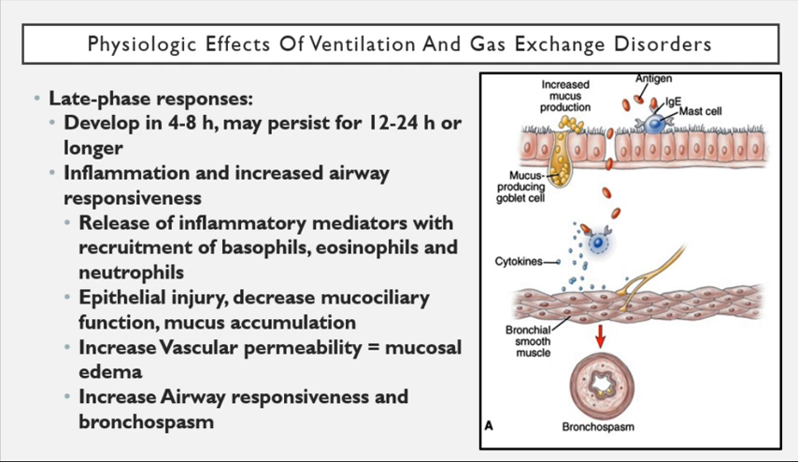They develop within 4 to 8 hours, but may persist up to even 24 hours. Inflammation increases airway responses, releases inflammatory mediators with the recruitment of basophils, eosinophils, right? So you just start the whole immune cascade. Once you activate the immune system, a lot of little pieces and parts from various classifications of the immune system get pulled in, and because all these immune mediators are pulled in, it damages these cells, because the immune system intrinsically, in and of itself, tries to destroy things, right? And if there's not much to destroy, like it's an allergen, then